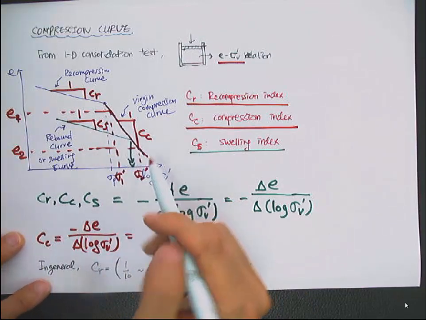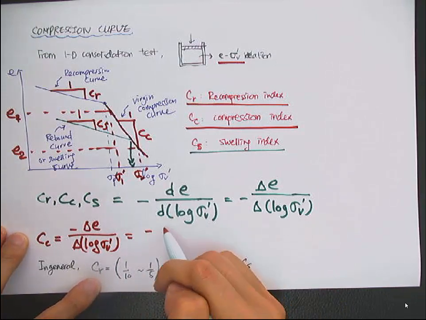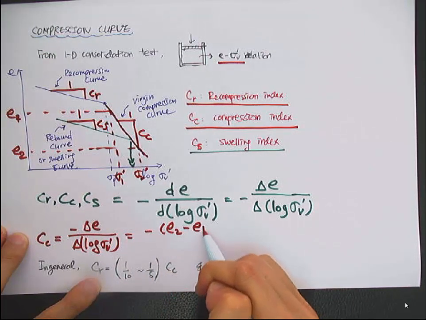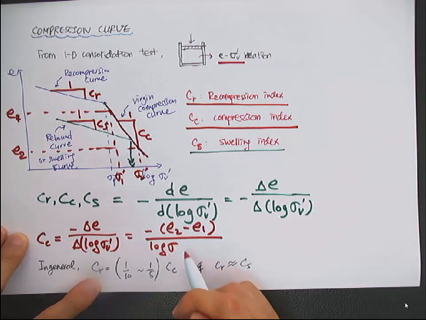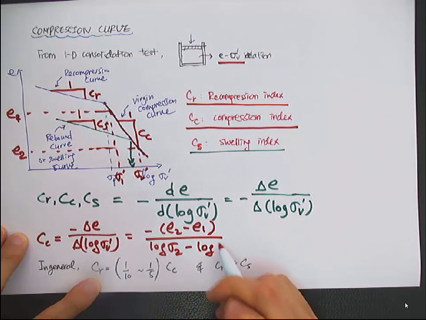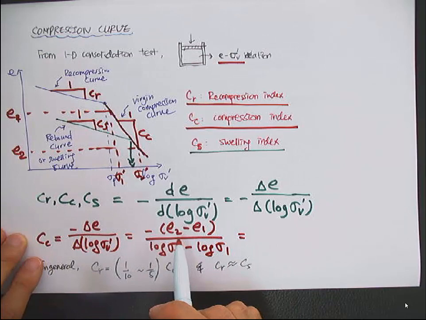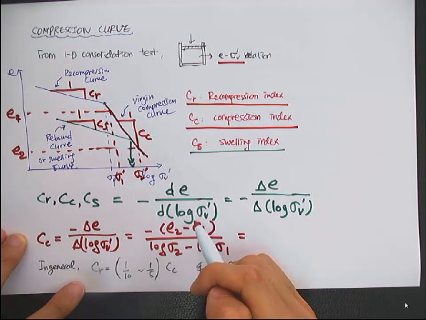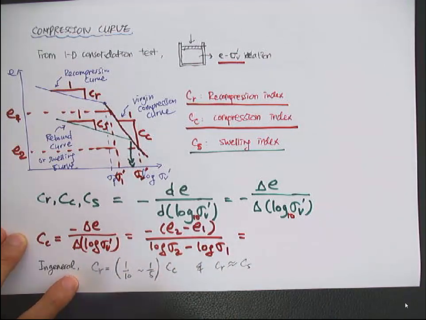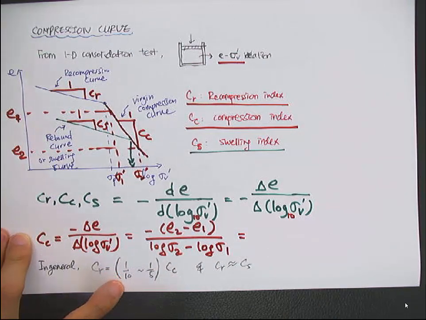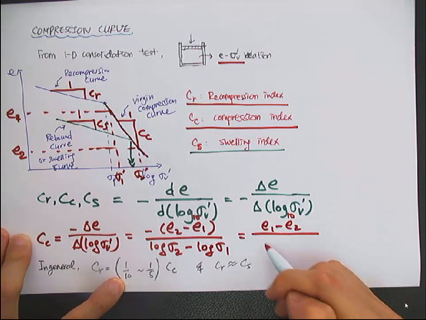So there's a loading from sigma 1 to sigma 2, then minus (e2 minus e1) over (log sigma 2 minus log sigma 1). Just note that this logarithmic function is base 10. Then the equation becomes